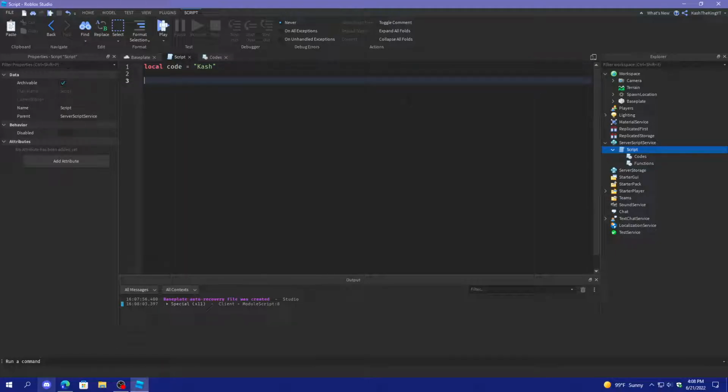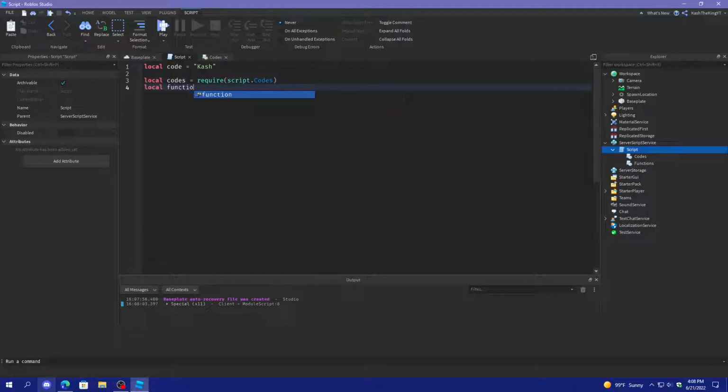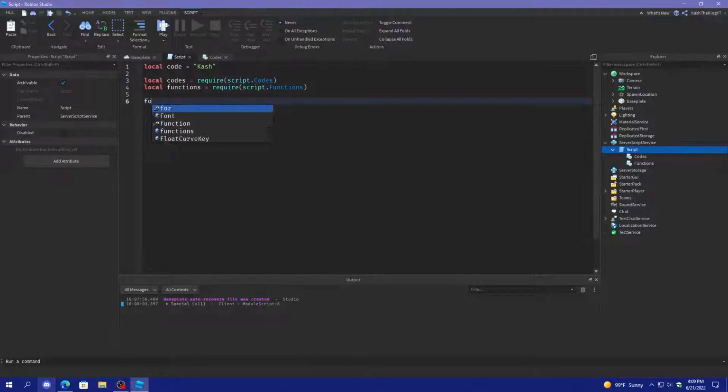And then we'll do local codes equals require script.codes, local functions equals require script.functions. Well, actually you could just do one module for it, but it keeps it simple, easy to use. So what we'll do is for every code, or C in pairs codes, do